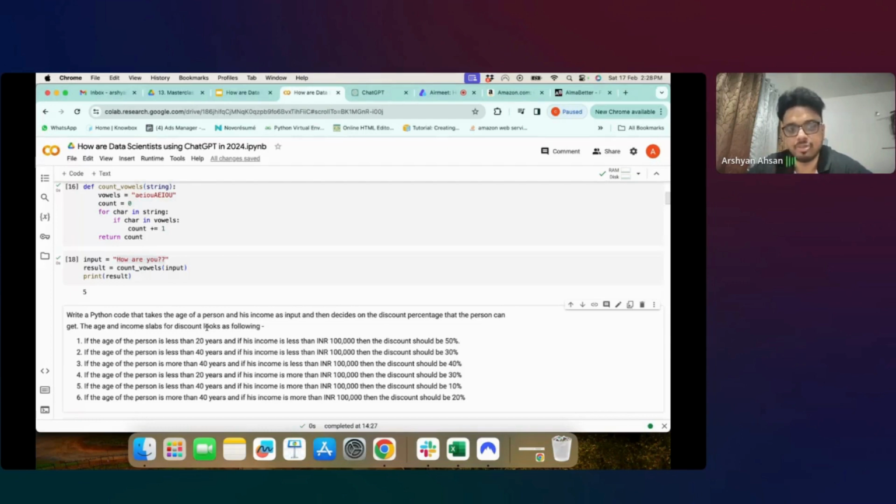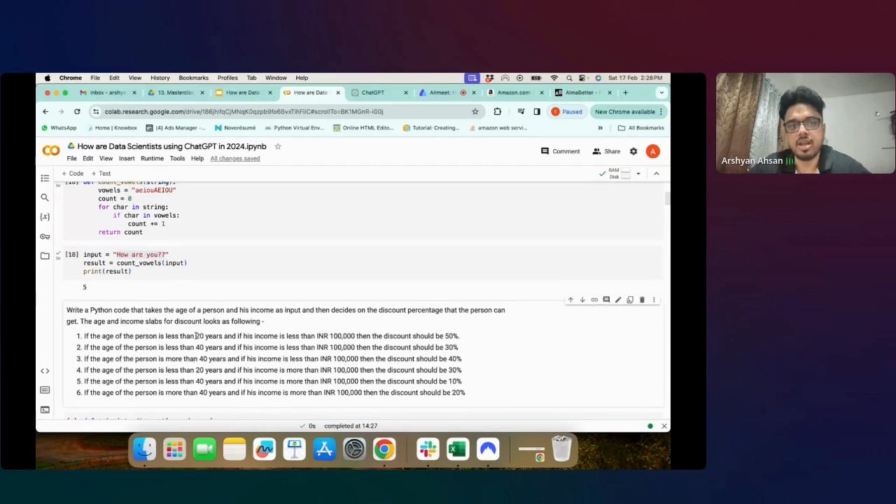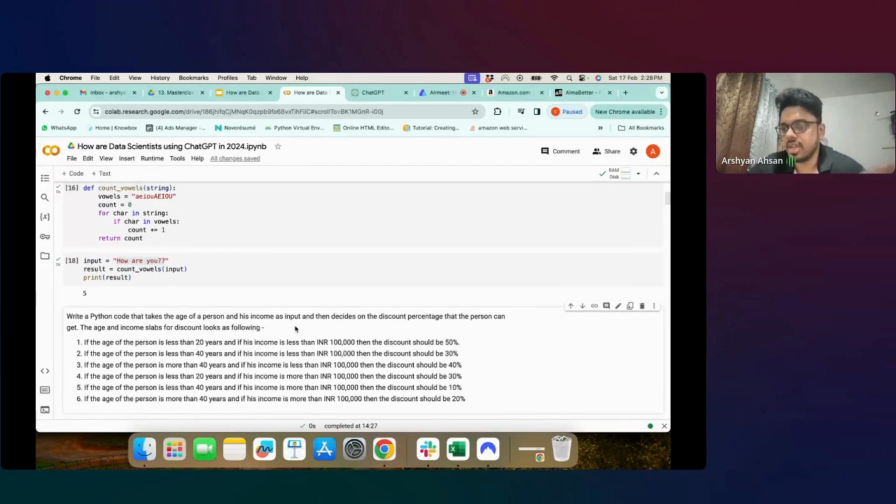So in this function, we would ask it to take two input parameters, age and income, and then decide the discount percentage that a person can get. And what is the logic behind giving that discount percentage? I have stated it in six conditions below. If the age of the person is less than 20 years and his income is less than INR 1 lakh, then the discount should be 50%. And so on and so forth. I provided six conditions, right?